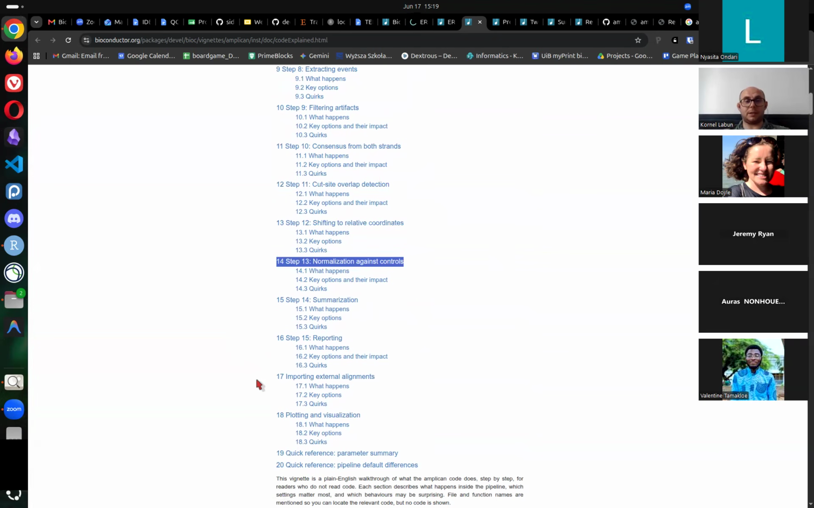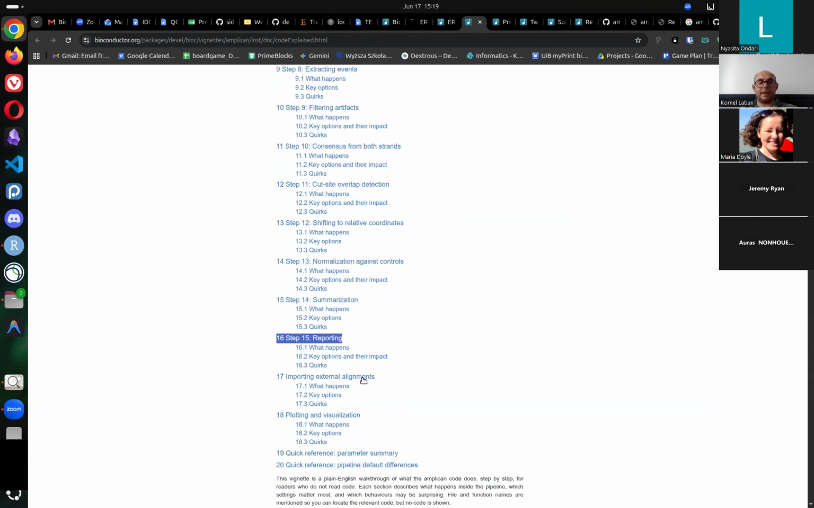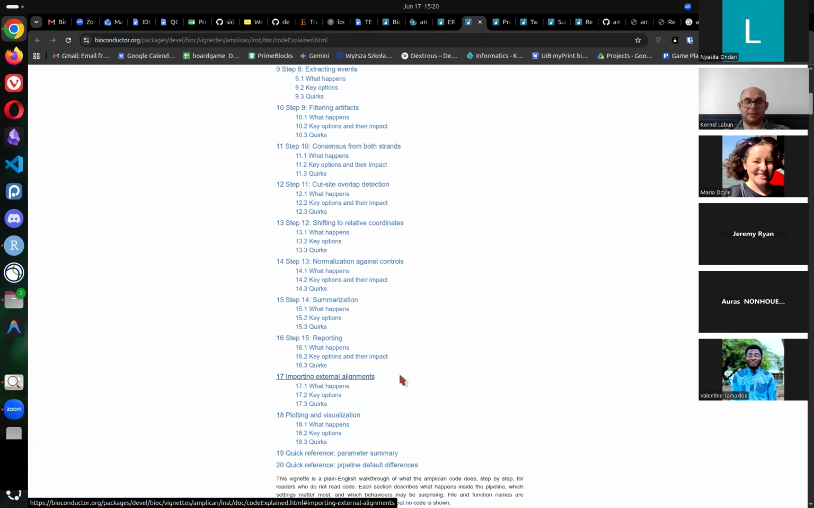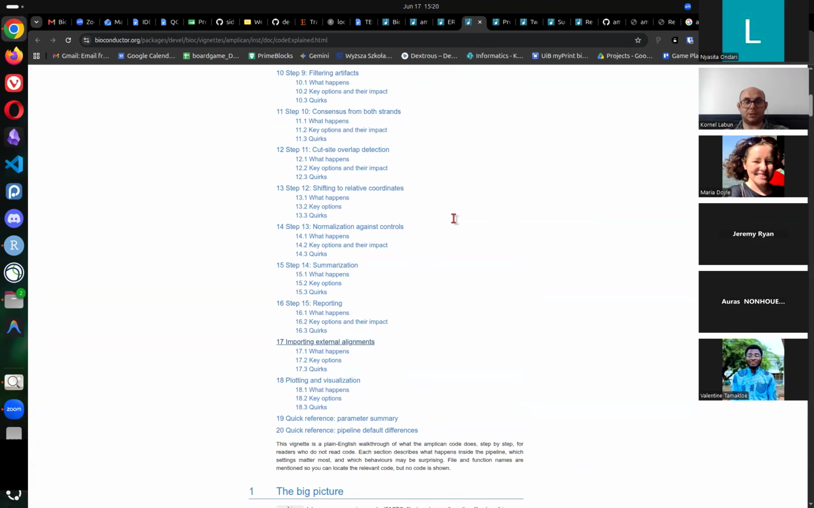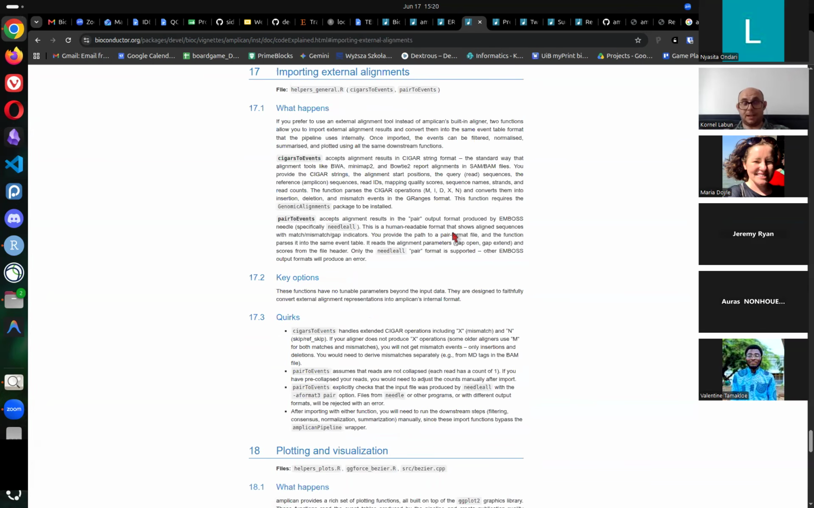This is very important. Summarizing, and then how reports are created, and then there is even how to use external alignments. So you can even do alignments with other tools than ampliCan, and then sort of process the rest with ampliCan. So it's possible. But this was sort of hidden functions until I did this here, and then it's about plotting and visualization. So this is a useful reference, zero code,